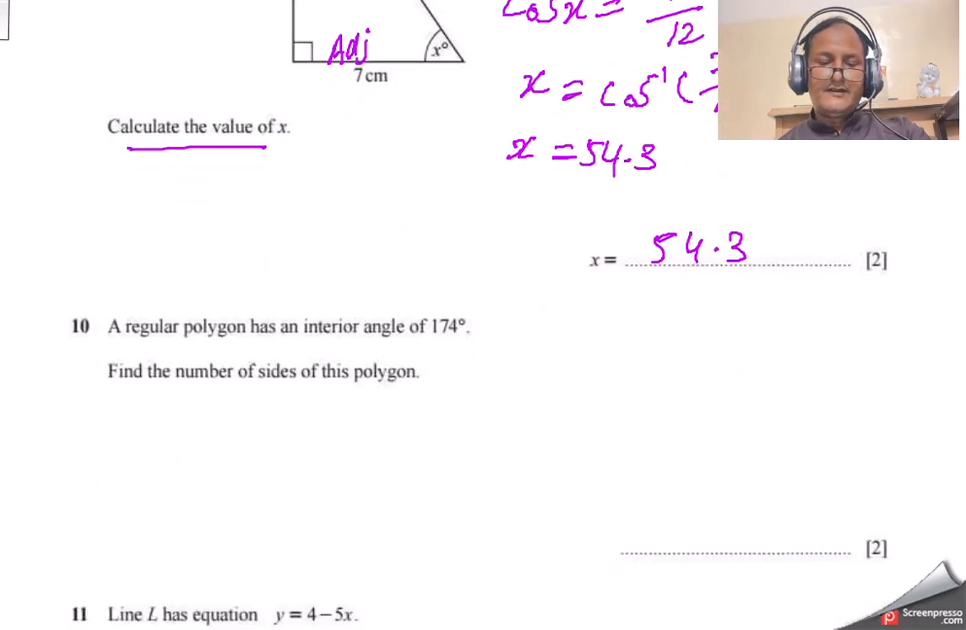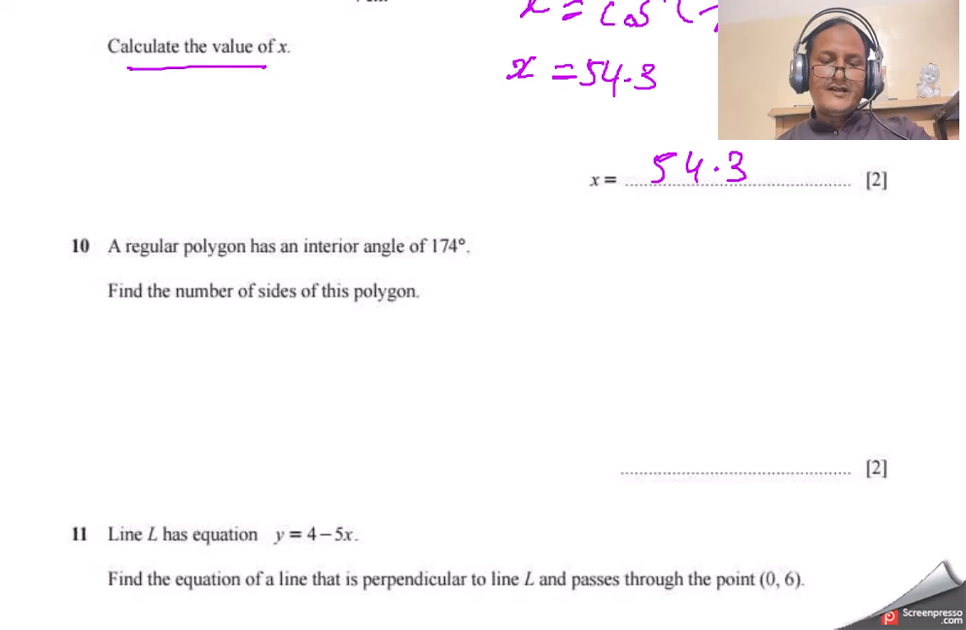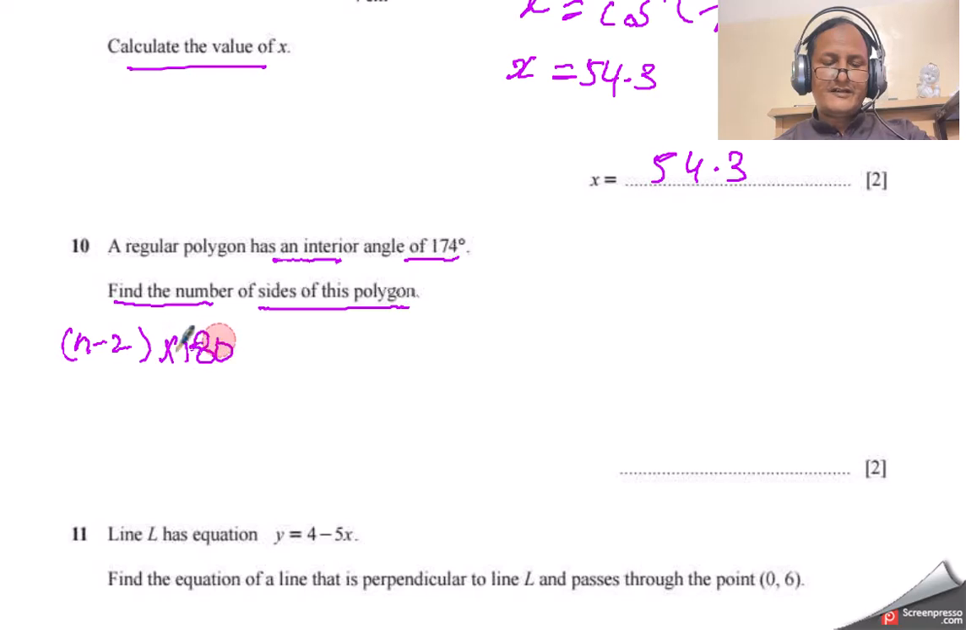Okay, then we have a regular polygon that has an interior angle of 174 degrees. Find the number of sides of this polygon. A regular polygon has an interior angle. For one interior angle, the formula is n minus 2 into 180 for the sum of interior angles, and when we divide it by n, it becomes one interior angle. And we have 174 as the interior angle. When we solve it, it gives us